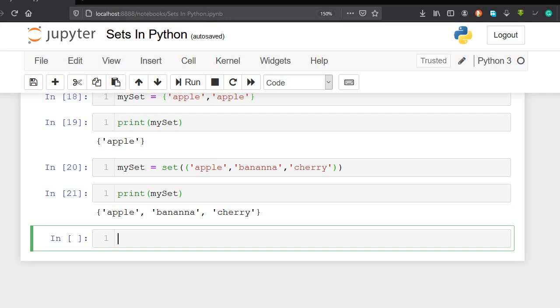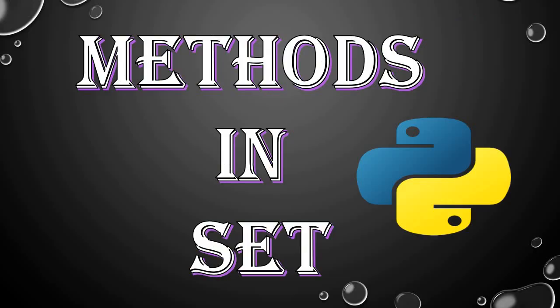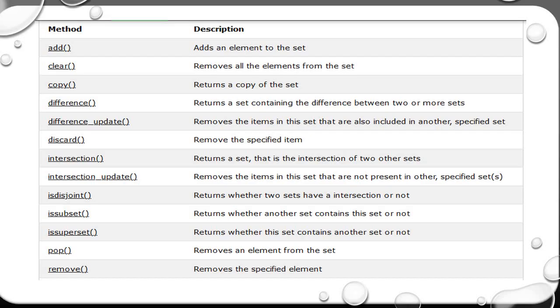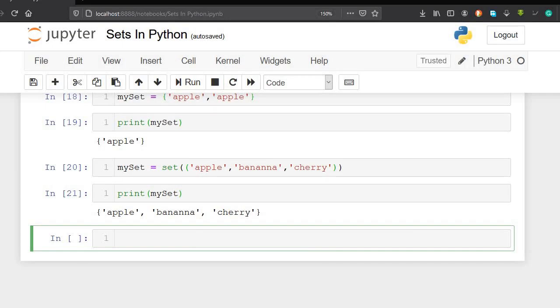Now we also have many methods in set. So let's move on and see all the methods in set. Here is the list of some methods in the set. The first method is add. Add method is used to add an element to the set. Let's try this. The syntax is first we write my set name, my set dot add.